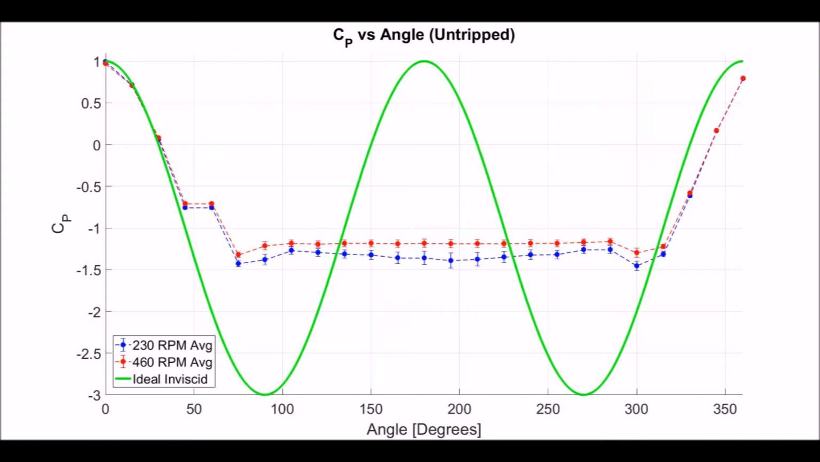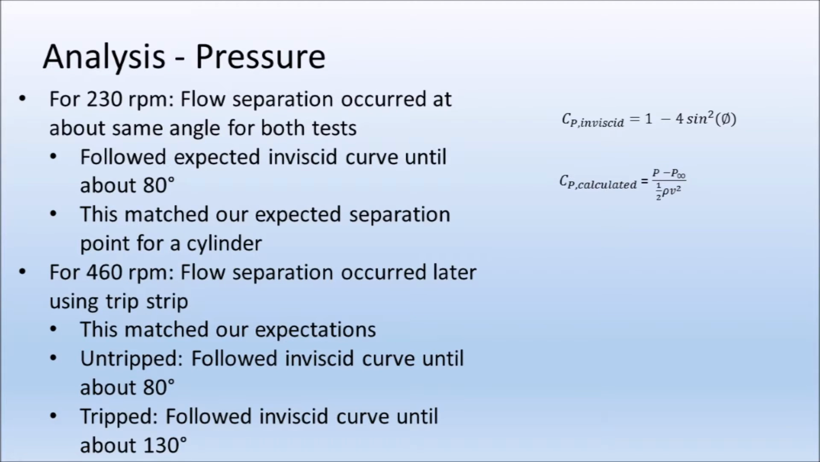In our plot of the untripped data, the coefficient of pressure seemed to not stick closely to the theoretical plot that we generated until it reached an angle of around 300 degrees. This shows how the coefficient is slightly higher during free flow at 460 RPM, but when the flow begins to curve around the cylinder at around 300 degrees, both the 230 RPM and 460 RPM runs had the same coefficient of pressure. The value peaked at around 1 and may have gone a little over 1 in our calculations, but